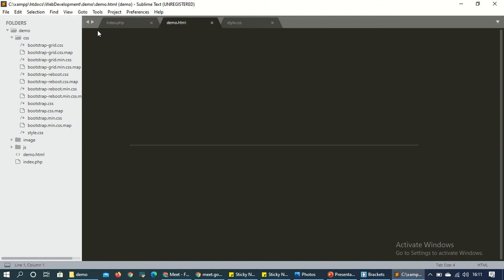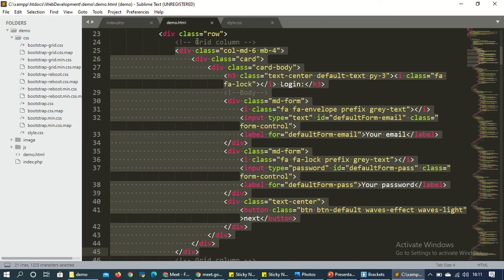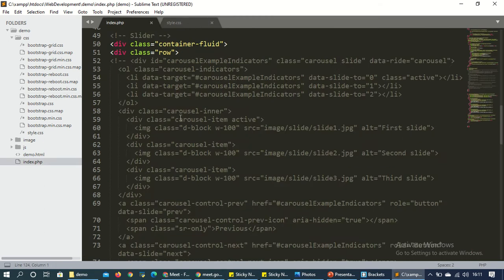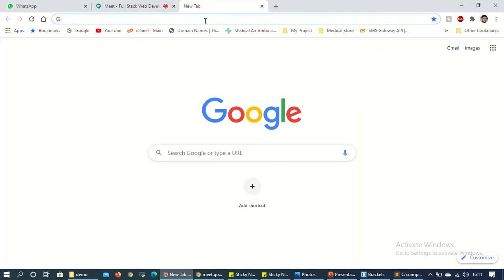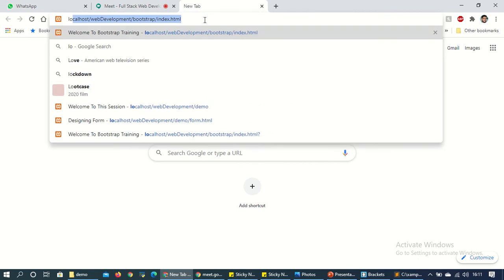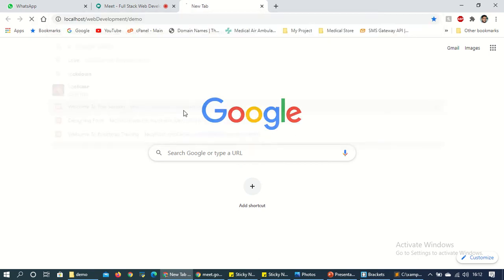So we are in demo. So this one, we have the index page. Just come to here, localhost and in plain demo.